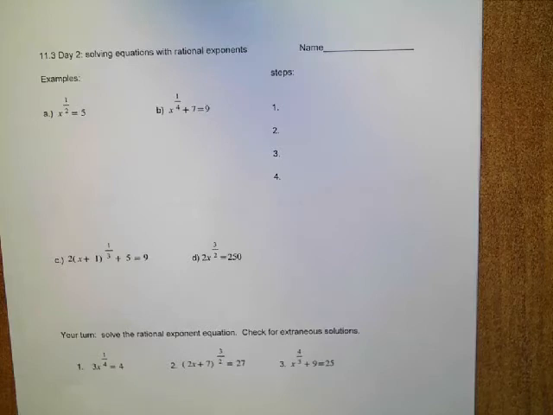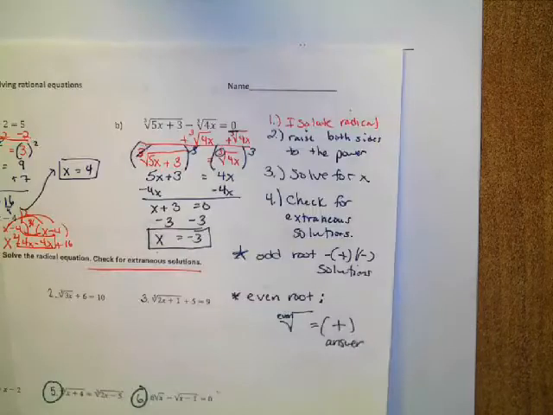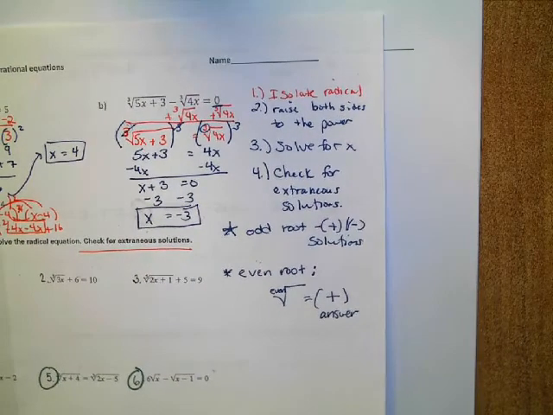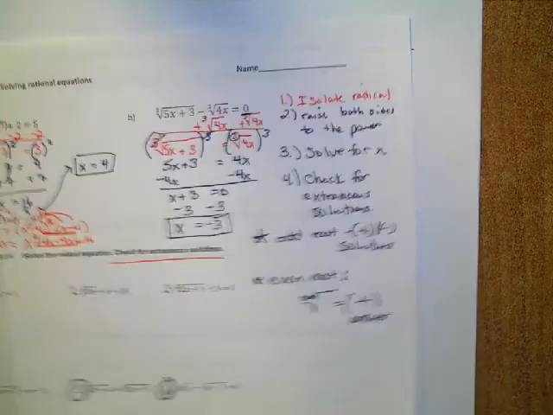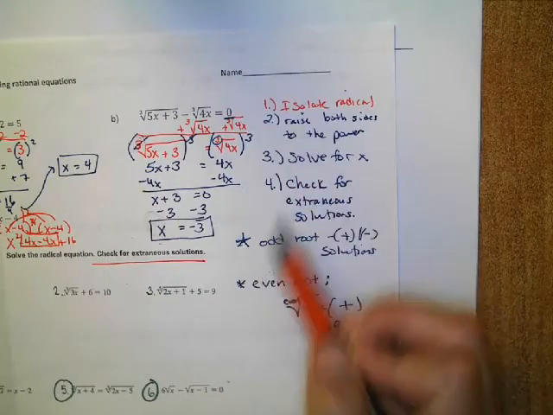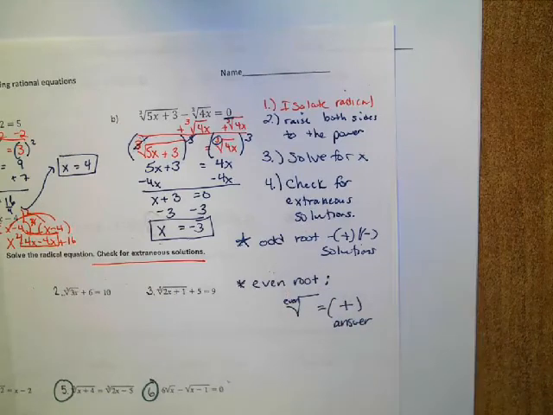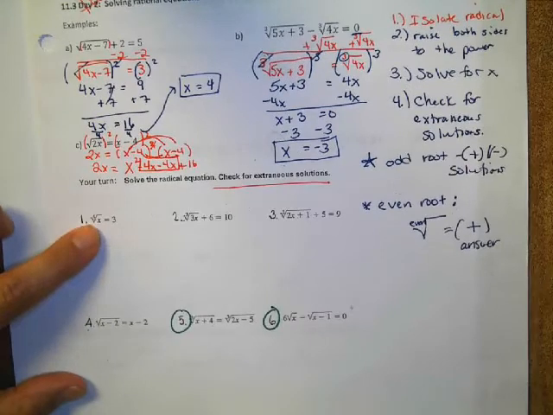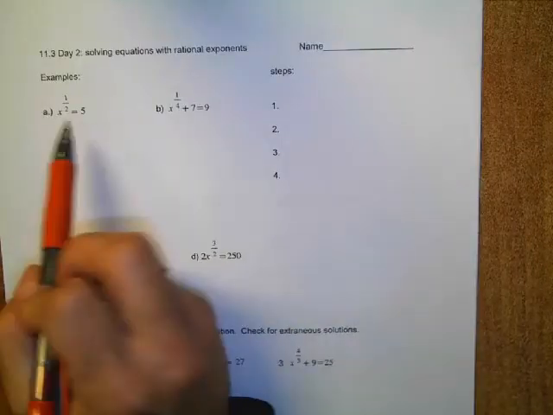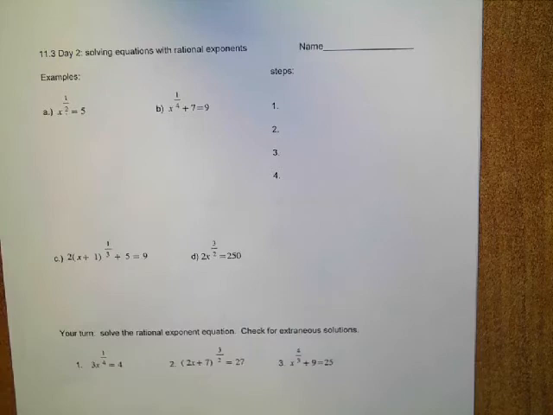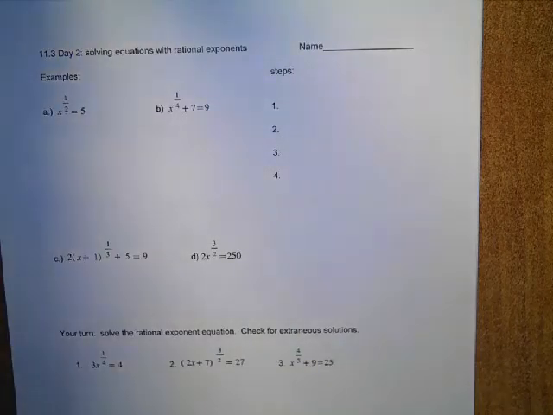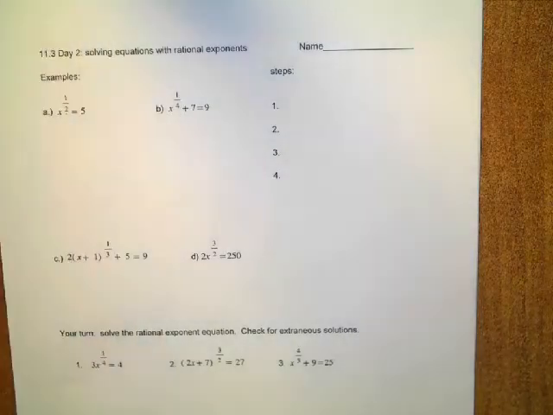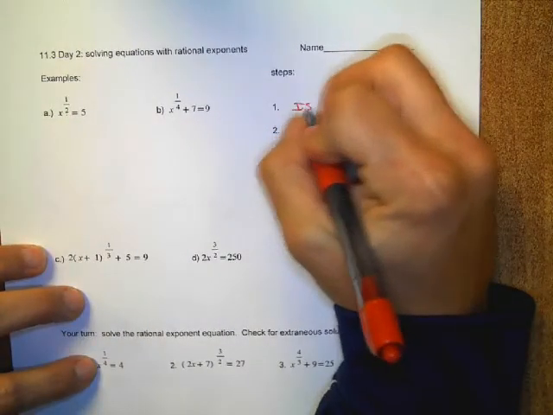So what I'm going to start with today are the steps, similar to what I did on Monday. So on Monday, day 1 lesson, we had radicals, and we wrote the steps down. So these steps are not going to change at all. What is going to change is how your questions look. So instead of you having a radical, you're going to have an exponent power. But again, it's not going to change much of the solving that we are going to do today. So for step number 1, it's going to be the same. You need to isolate